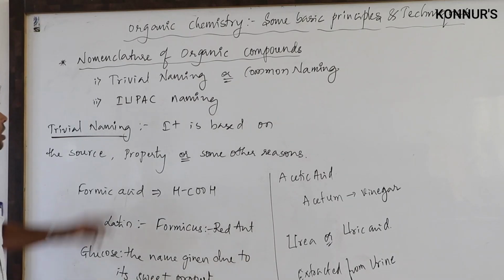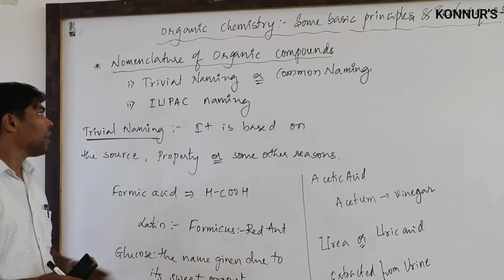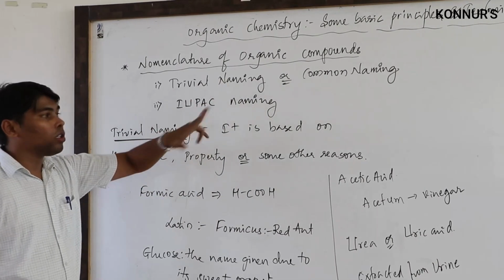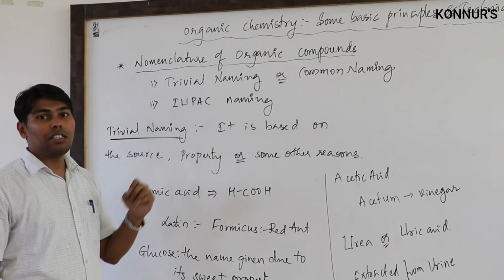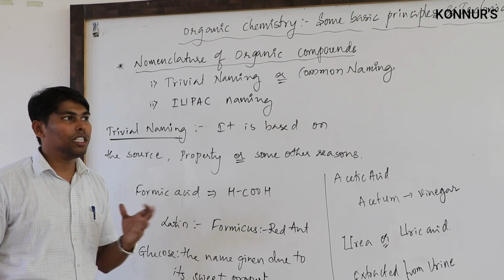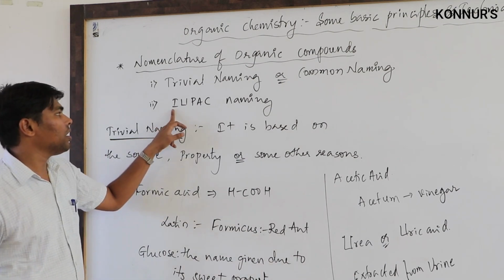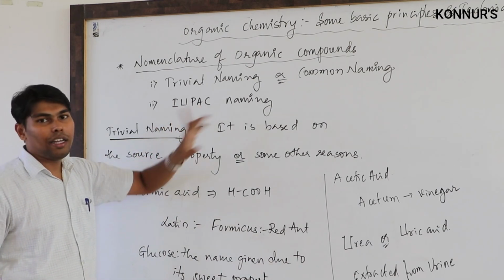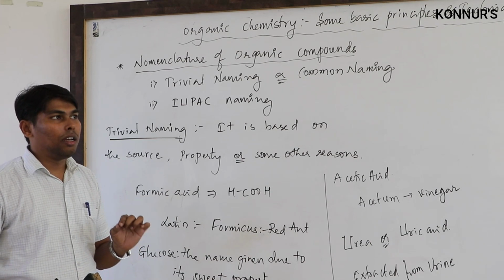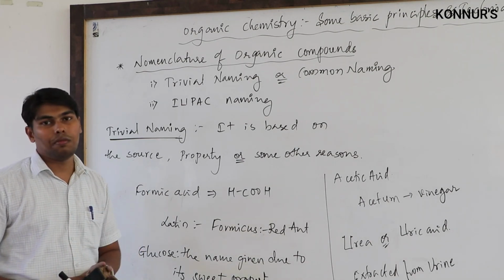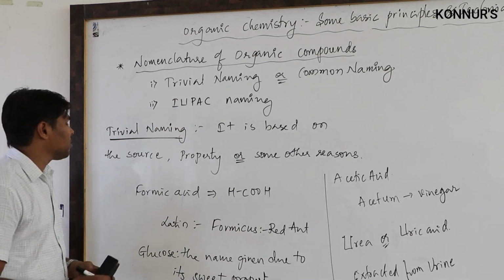Let's move into the next concept, nomenclature of the organic compounds. There are 2 naming systems, namely trivial naming, also called common naming. One more naming is called systematic naming, which is formed by a number of scientists in the International Union for Pure and Applied Chemistry. It's a kind of organization or group which makes the rules in order to name the chemical compounds or research related to those chemical compounds.